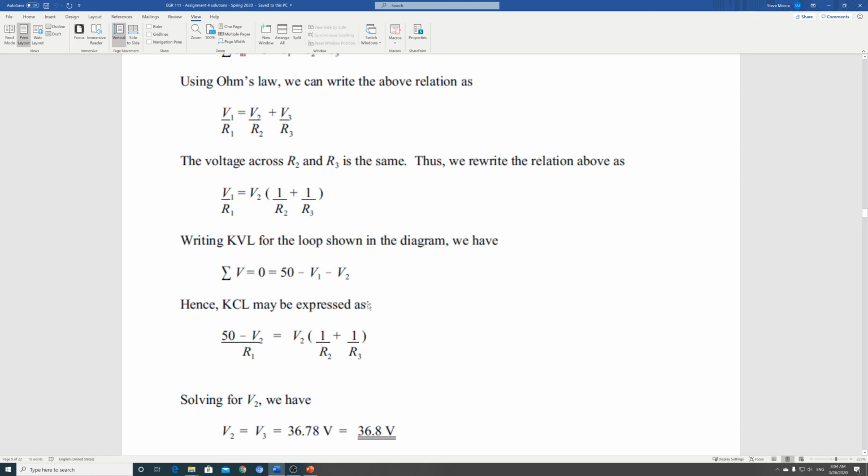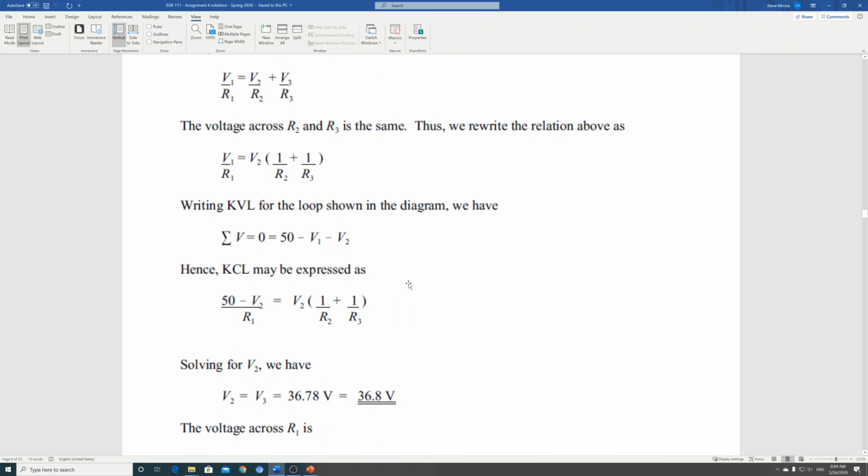Now I have an equation where I can go ahead and solve for V2. So all you need to do is rearrange this, and then you can solve for